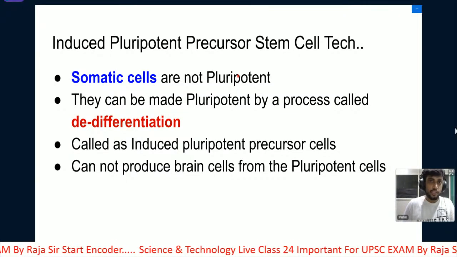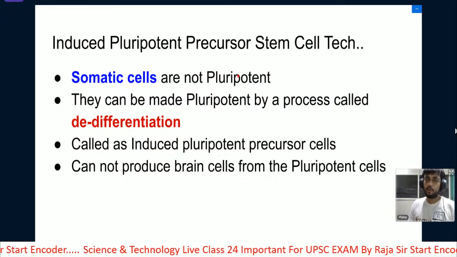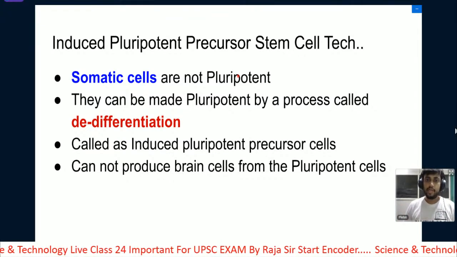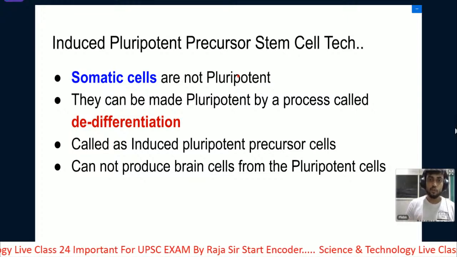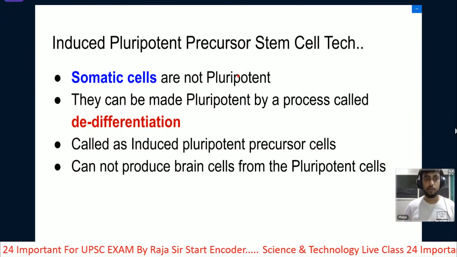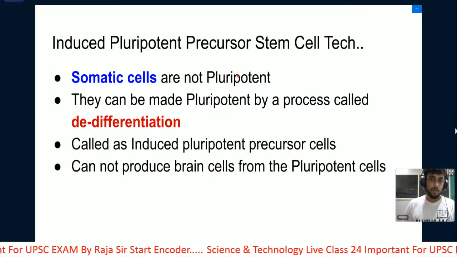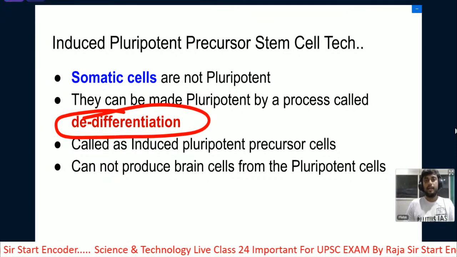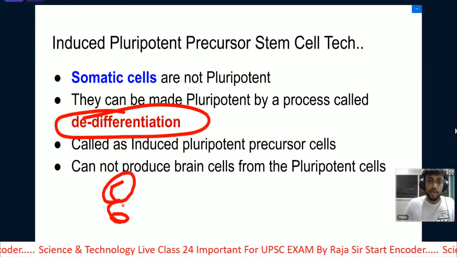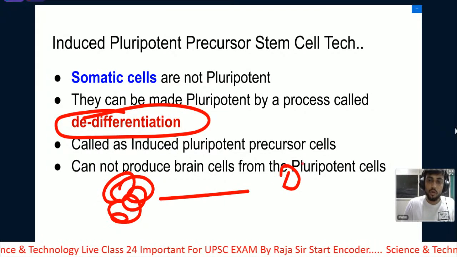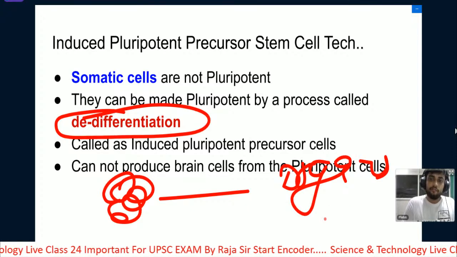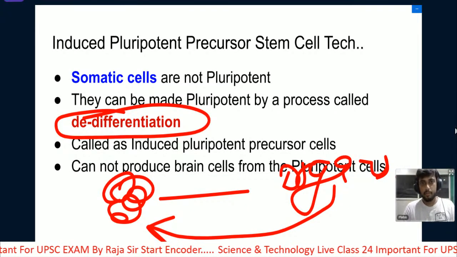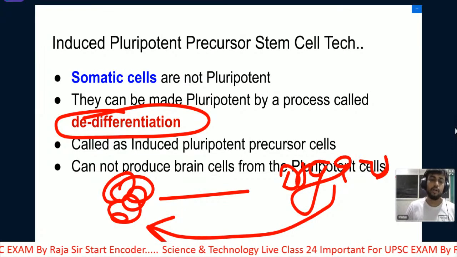We can induce this property which is known as pluripotency. Pluripotency means the cells which can convert to many types. We can induce the pluripotency in the somatic cell by some process of biotechnology that I do not know, and that process is known as de-differentiation. The idea behind de-differentiation is that if the embryo can convert to different kinds of organs, different cell types, then we must be able to proceed this reaction in the backward direction.